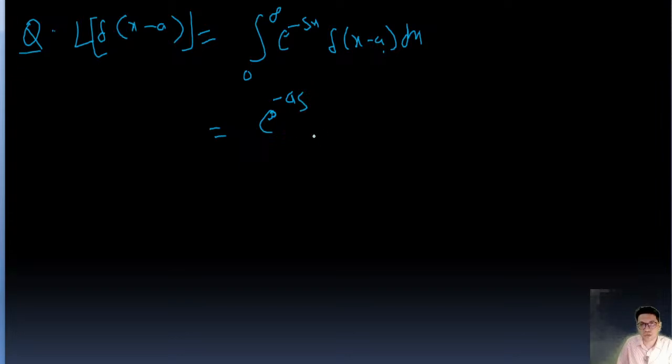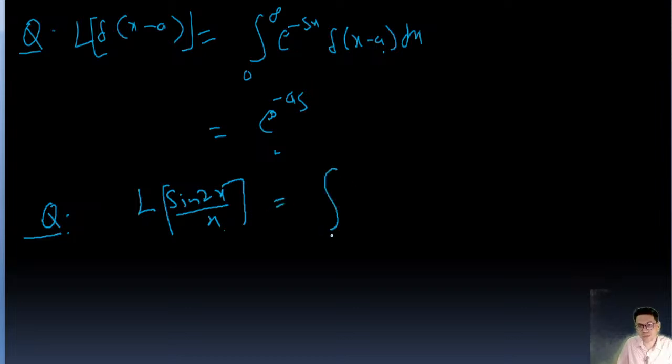Okay, so this is the simple integration, and this is the answer: delta x minus a. Next question is the Laplace transform of sin 2x upon x. This is simple, right? Same as before, this is f(x) upon x, right? So it's an integration